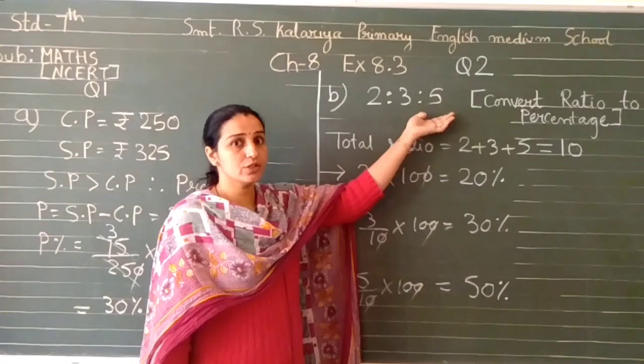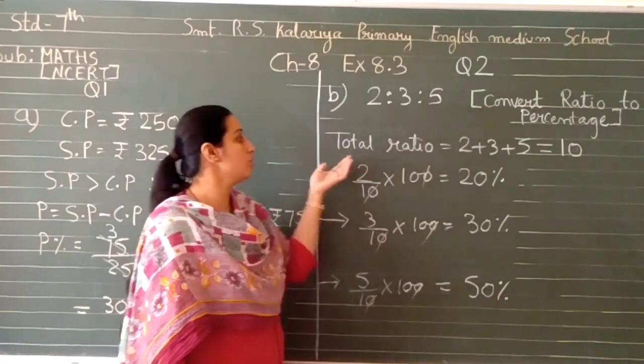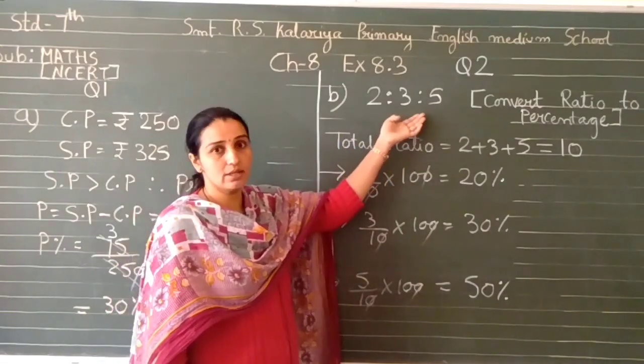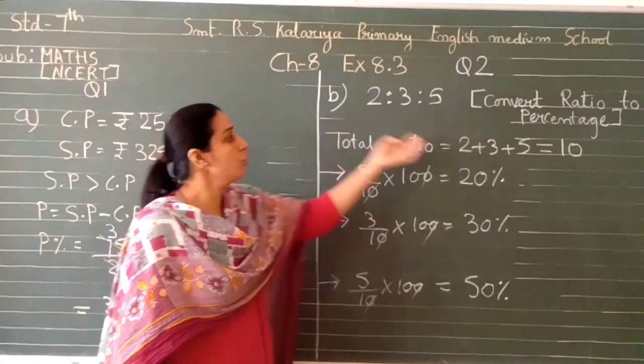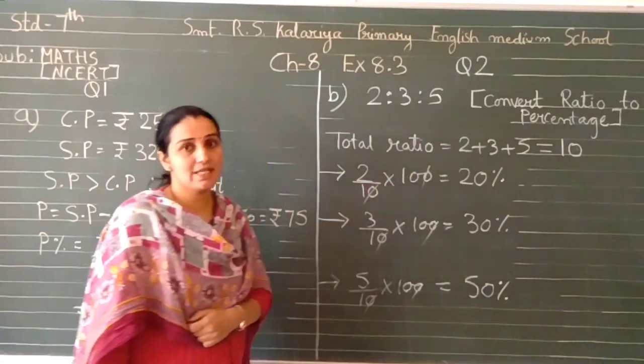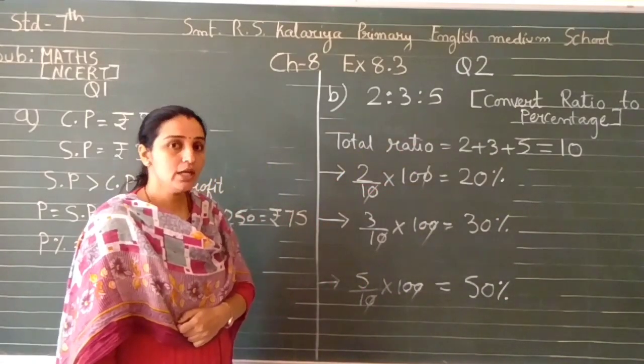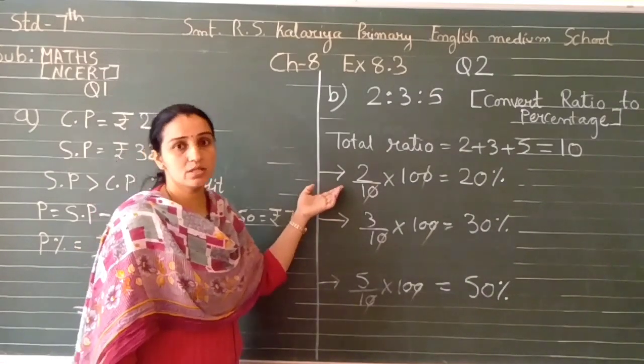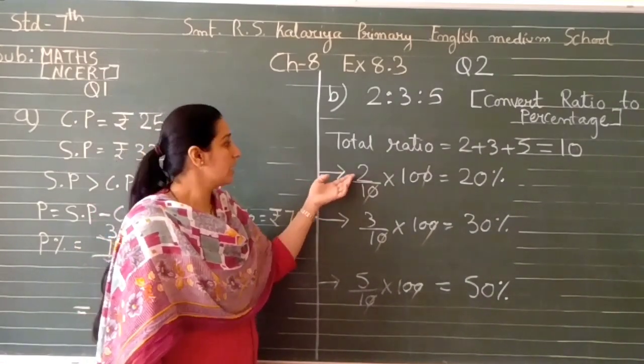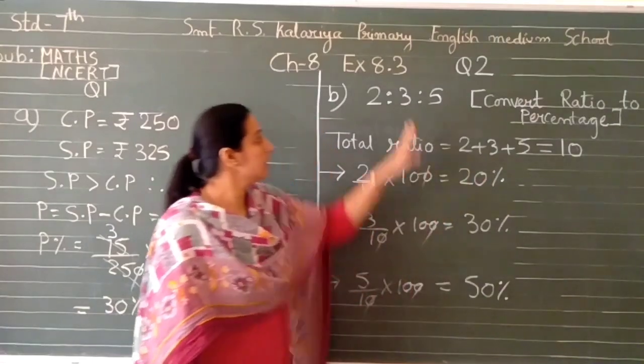In this type of sum, the first thing is you have to add these numbers. That is 2 plus 3 plus 5 is 10. Then you have to find the percentage of each part. That is 2 upon 10, 3 upon